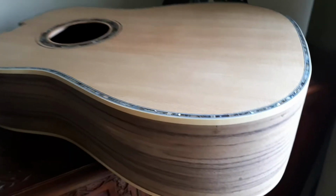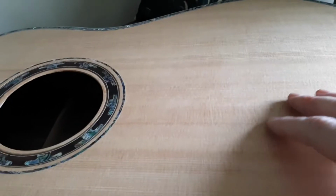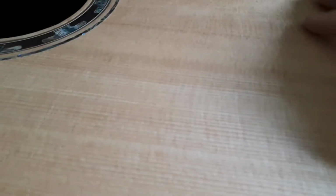Okay, guys, right. Now, I was wanting to talk to you. I've sanded this pretty well, and something really weird happened. It was as if I was going through the top, and it was either lines of resin or lines of glue from joints. But maybe this is lots of smaller pieces put together, but yeah, it could well be. And maybe it's the glue that I've seen coming out as I was sanding, but it was very fine lines,